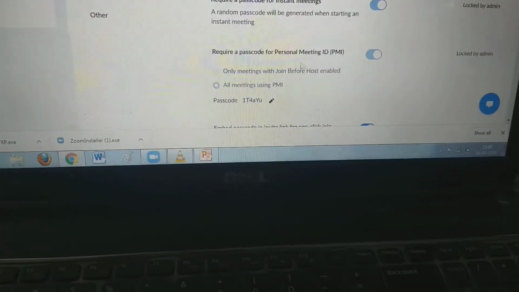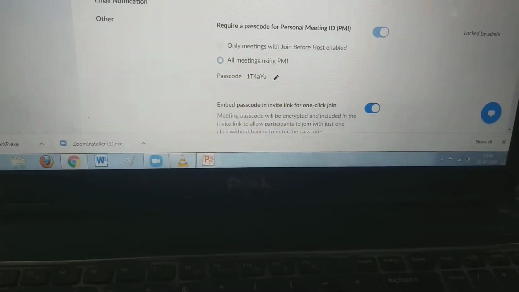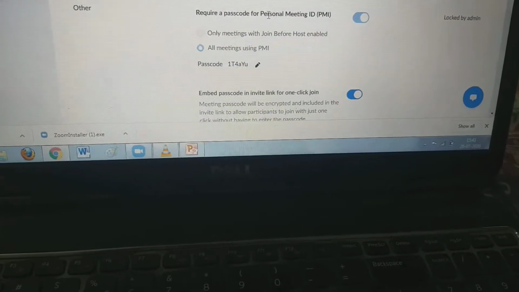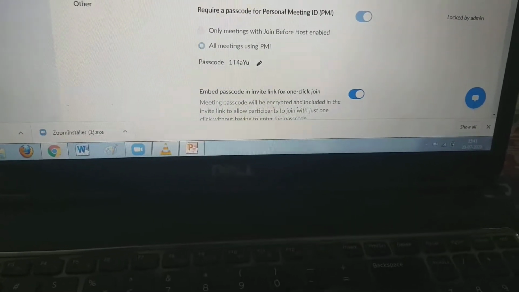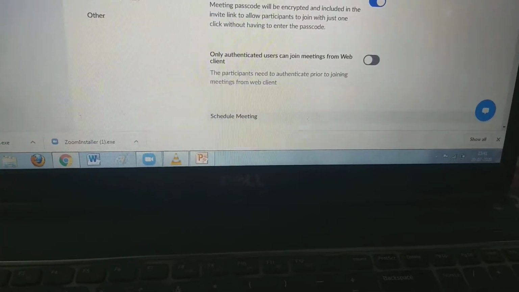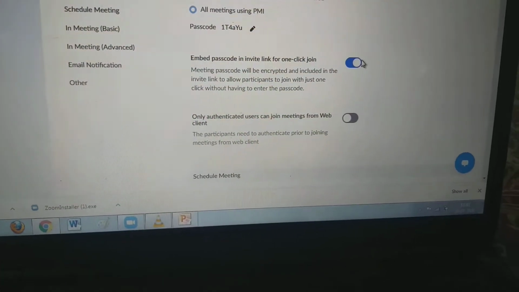Require personal password for personal meeting ID. You can just sign in with your personal meeting ID, or you can join as a host. That is all up to you. Generally we are joining as a host. Now embedded password, this should be enabled.